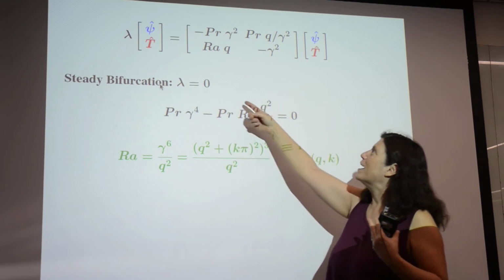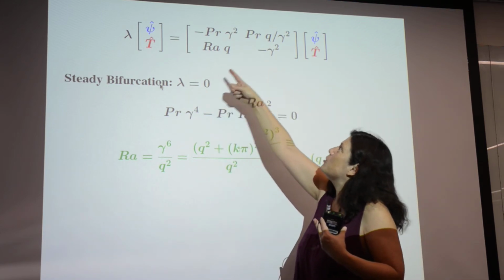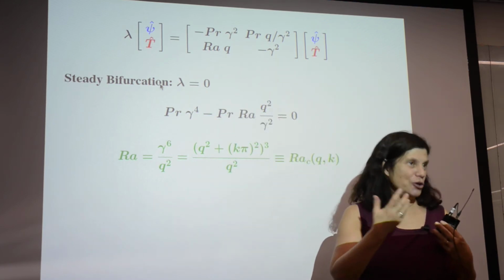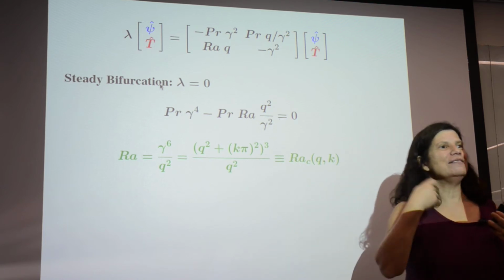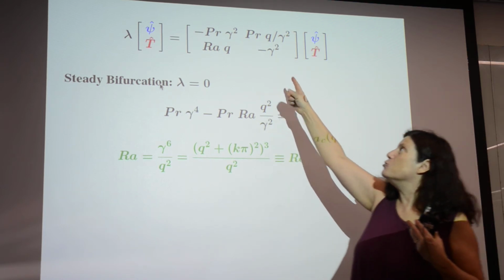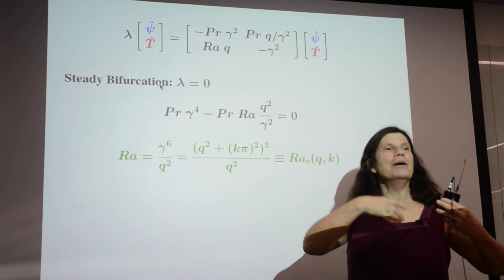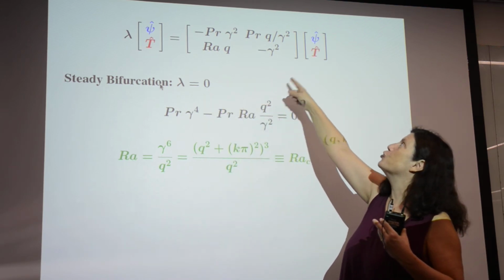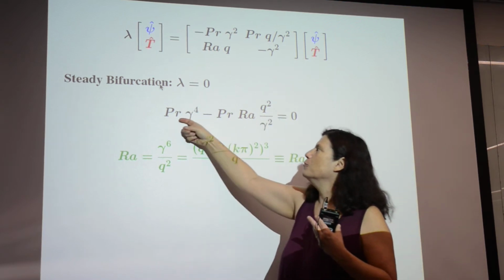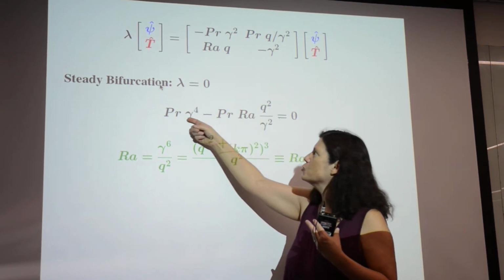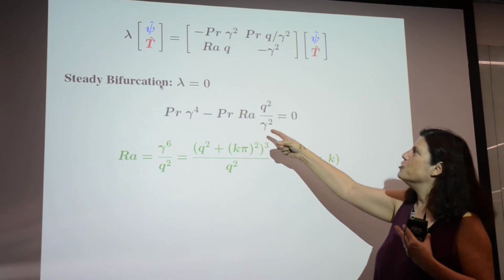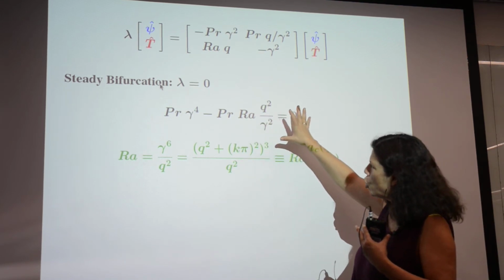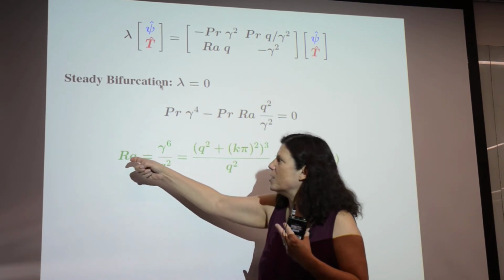And so what that gives us is, okay, if lambda is equal to 0, you might think, oh, I'm going to find the eigenvalues of that system, and you can do that. But you can very easily find the 0 eigenvalue because that requires the determinant of this matrix to be 0. So here's the determinant being 0, and you can rearrange it